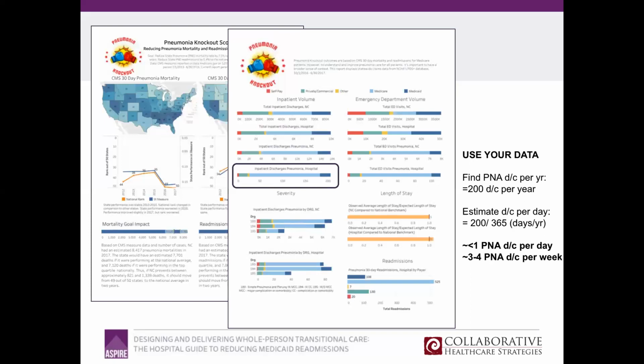So this would be a great example of a team where I wouldn't want you to stratify by LACE. I wouldn't want you to use 8Ps or any other mechanism to further stratify your pneumonia population. This hospital happens to be well set up to do something different for 1 pneumonia discharge a day, which is really only about 3 to 4 pneumonia discharges per week. So you see what I'm saying with that.